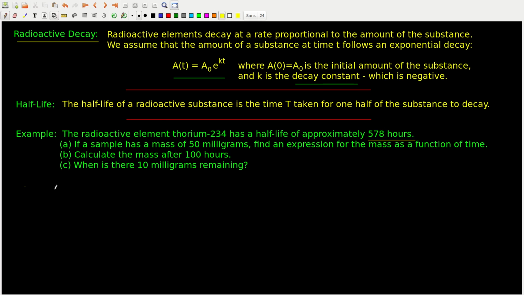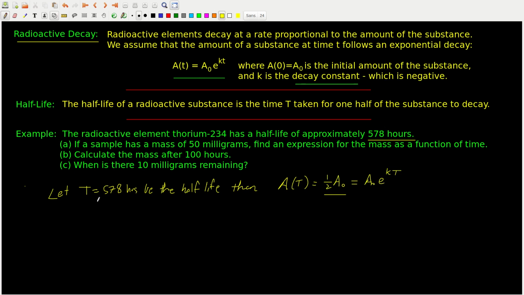In other words, to halve the initial value. So if our initial value is A sub 0, then after one half-life, we'll be left with half of that amount. So if we call capital T the half-life, then after that amount of time, there will be half of the initial value left. So after a time capital T passes, we'll be left with half of A sub 0, and plugging that time into our formula, we'll have A sub 0 e to the k capital T, where capital T is our